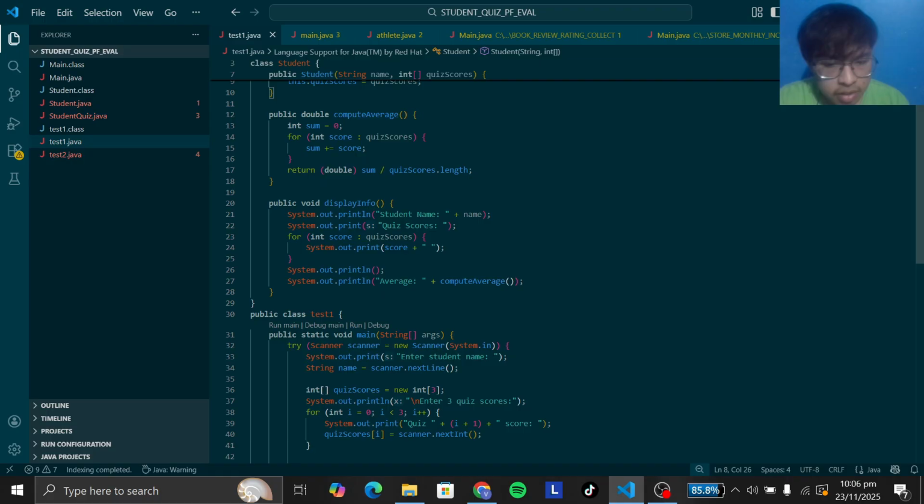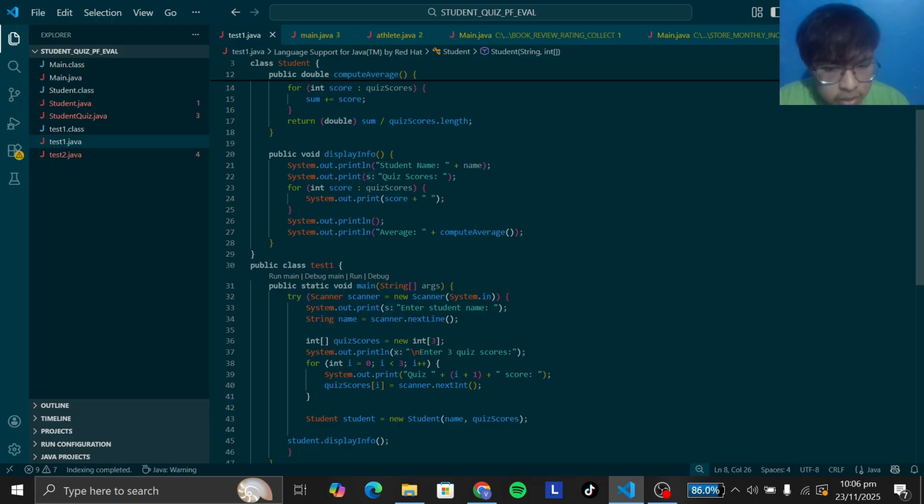Another method, displayInfo, prints the student information to the console. It first prints the student name, then it prints a label of quiz scores, followed by a loop that prints each quiz score on the same line. After printing all scores, it moves to the next line and prints the student's average by calling the computeAverage method. The main class, Task1, contains